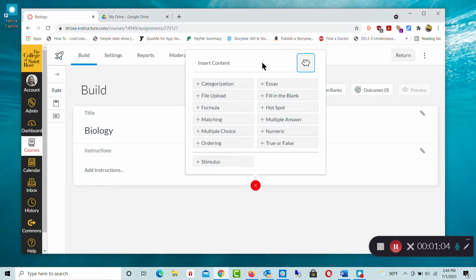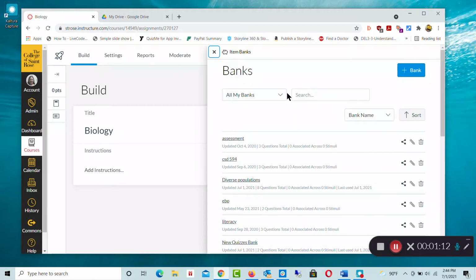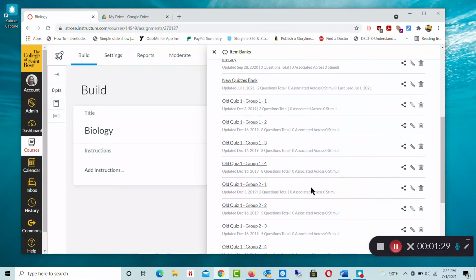You can select questions from your previously made quiz banks by going to the quiz bank icon, and it will start out in your quiz banks. You can also select from institution quiz banks or quiz banks that you have for this specific course if you have created them already. I'm going to go to all my quiz banks, and I'm going to choose